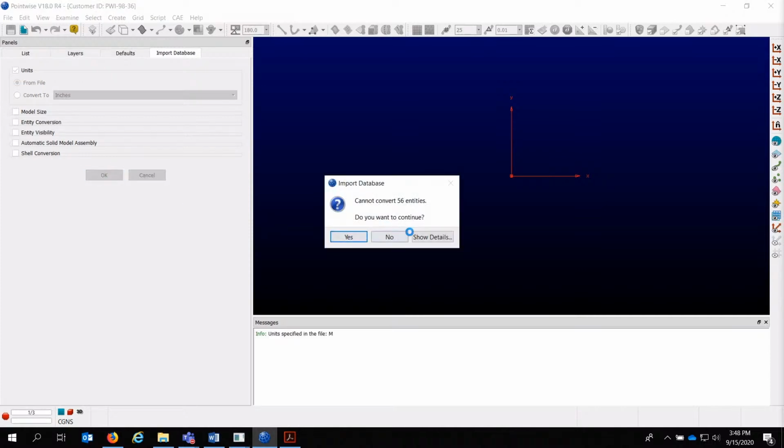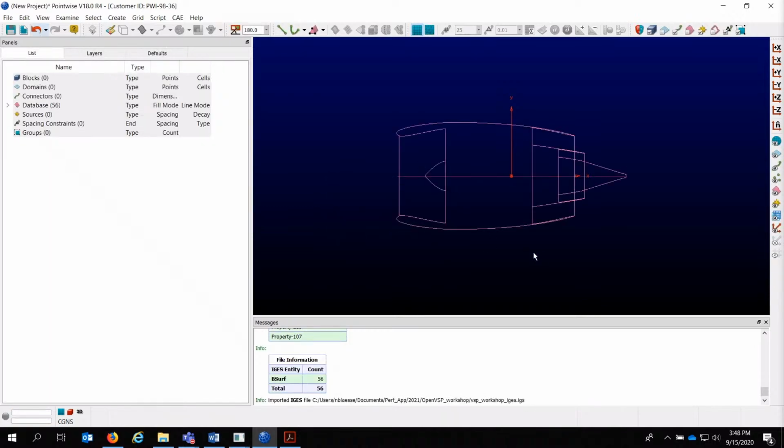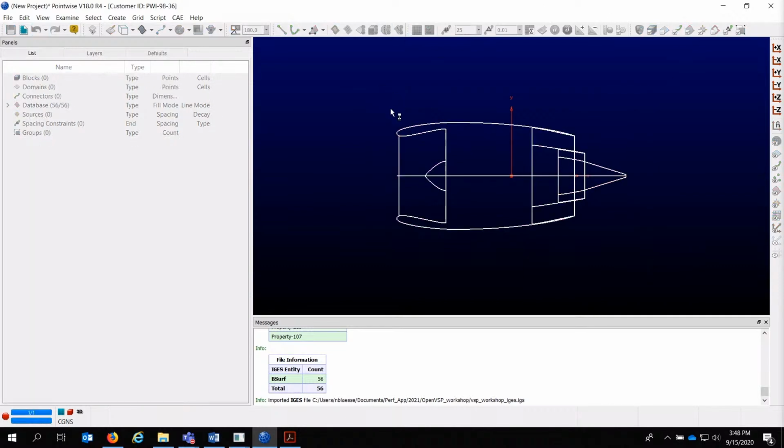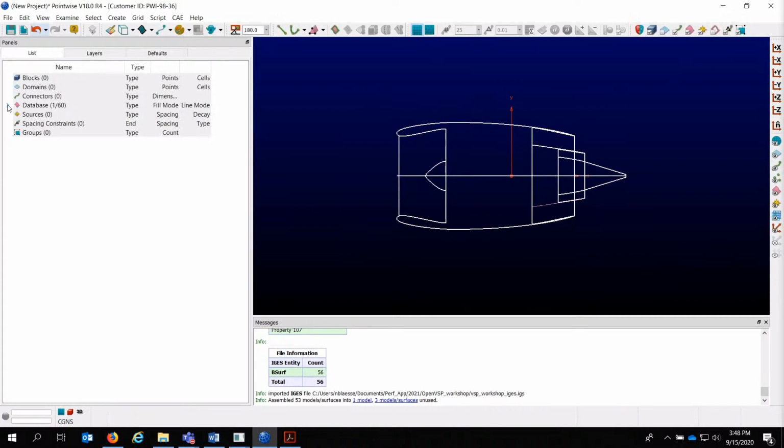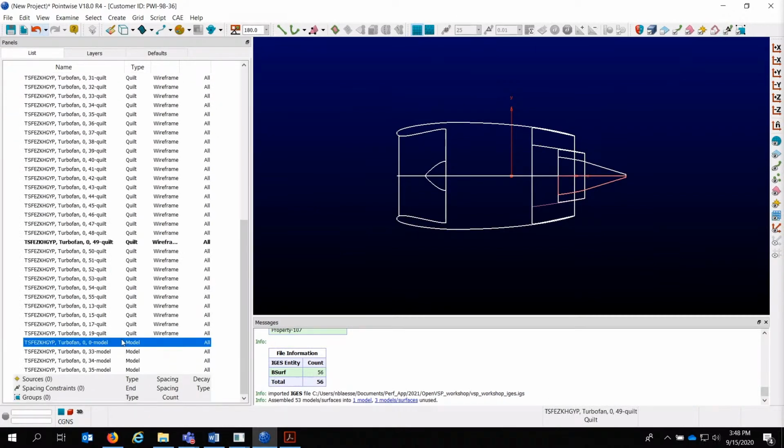Convert from file. It always gave me this warning, can't convert 56 entry entities. I don't know if that's a VSP thing or a Pointwise thing. So really quick on how to mesh this in Pointwise. It's select databases, select all, and just turn this into what should be a single watertight model. But if you go down, you'll look, it's not a single one, there's 4, and it comes down to kind